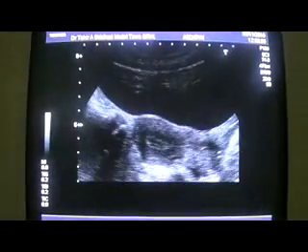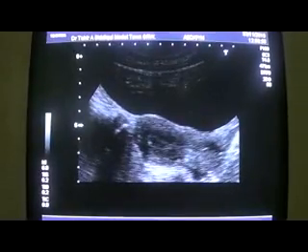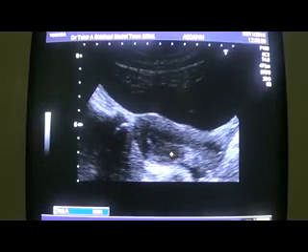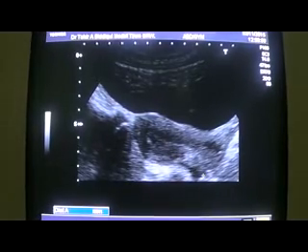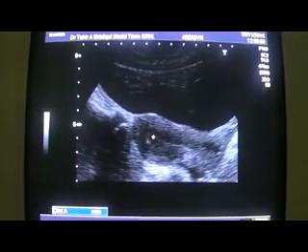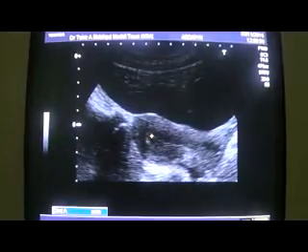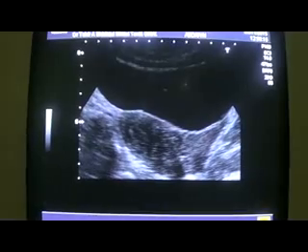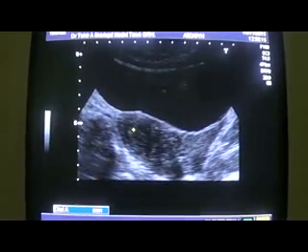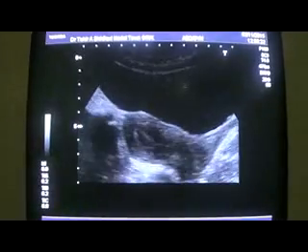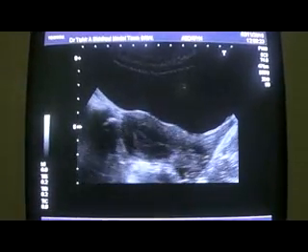There is absolutely no evidence of any focal lesion within the myometrium. Now this is a small amount of fluid. It's post-ovulatory. See the uterus. See the endometrial canal. It is in the mid-cycle. You see these three layers, and that's why this is a small amount of free fluid.